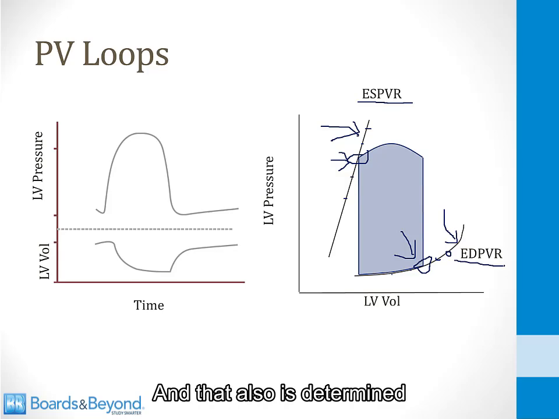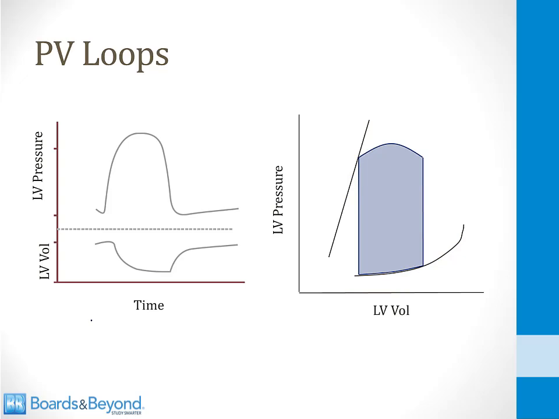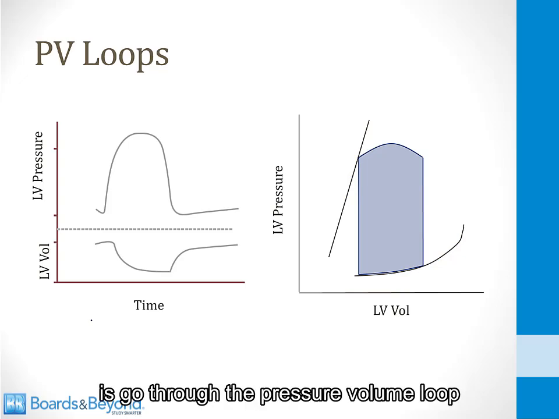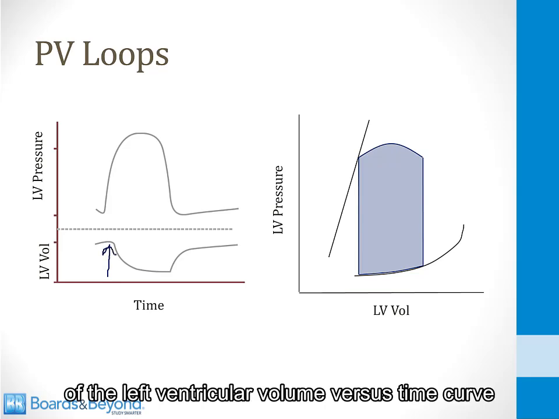And that also is determined by characteristics of the ventricle, and we'll talk about things that can change the end diastolic pressure-volume relationship later in this video. Now what I want to do is go through the pressure-volume loop and point out where the mitral and aortic valves open and close. So I told you before that this flat portion of the left ventricular volume versus time